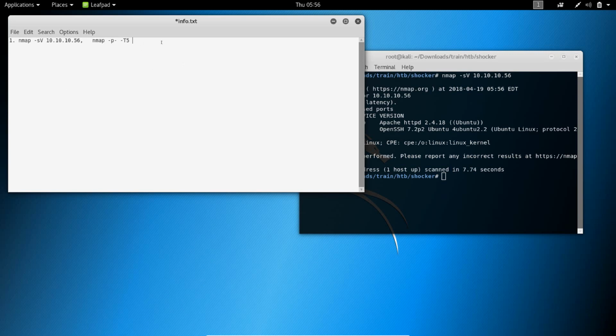but this time we don't care about how aggressive we are in terms of the loudness of our scan. I could also say -A, but it's not really necessary to specify that. I guess it stands for aggressive. I'm not sure, but T5 is probably the highest level. So -p for all ports, or you could just say -p 0-65535, which is the number of all possible ports. So -T5, and then our IP